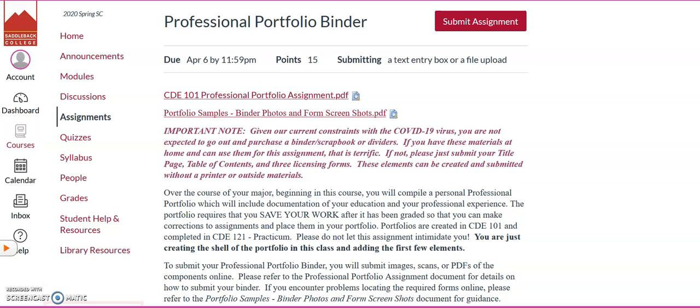We normally have you set up a binder or a scrapbook, and you create a cover page and the table of contents, and you put in a couple of licensing forms at first. Later, at the end of the semester, you'll also add your philosophy statement, which is due in May for us. Given our current